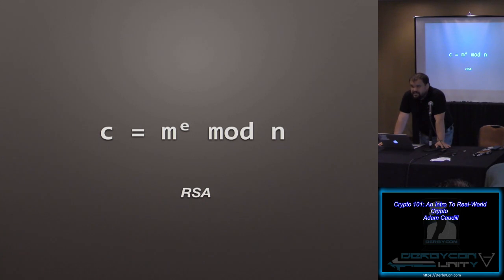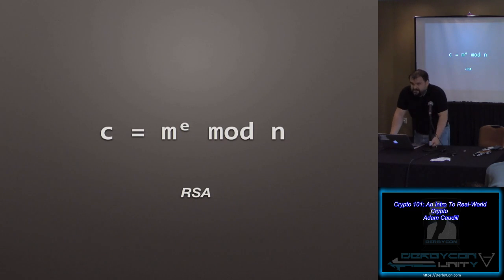We all use RSA. It is still a key factor in TLS. It is becoming less popular because of performance and other issues, but it is still widely used. As you can see here, the math behind RSA is actually fairly simple. To encrypt, you simply take a message as a binary number, raise it to a certain value, called E, and then modulo N, where N is the product of two secret prime numbers. The values for E and N are both part of the public key. They're public knowledge. But without knowing what two prime numbers made up N, there is no way to complete the decrypt operation.